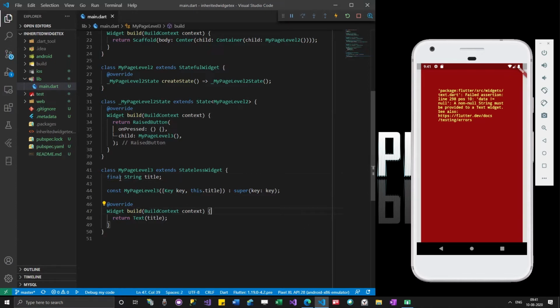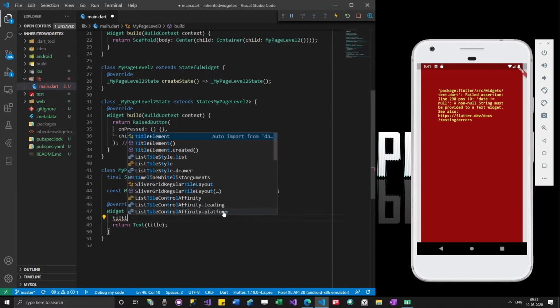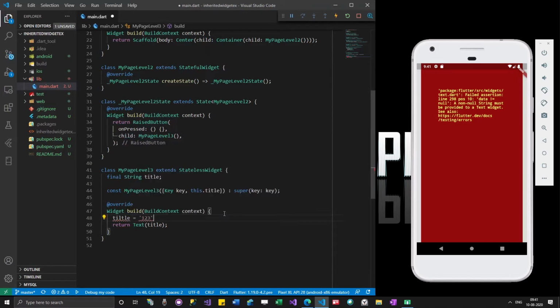The reason why we are giving final for a stateless widget is that whatever properties are inside it should not be changing. Whatever is there has to be final. What I am not supposed to do is something like title is equal to 123.